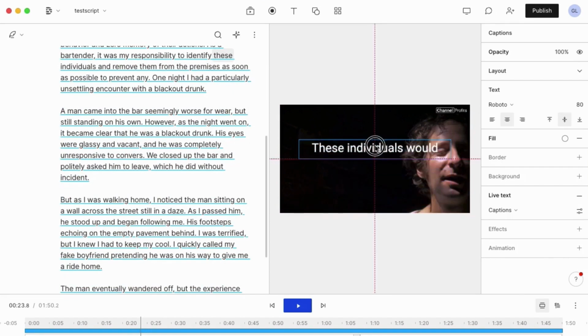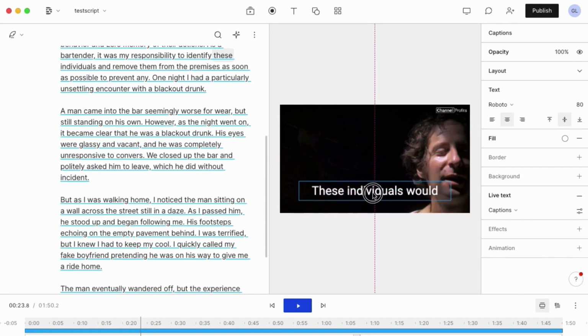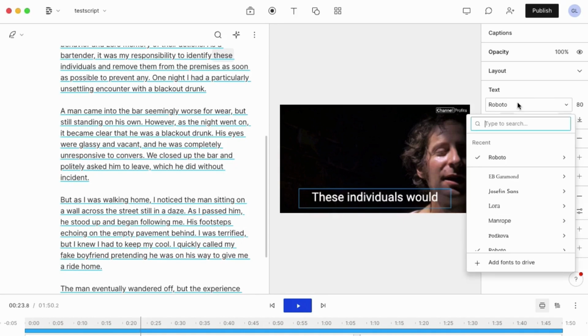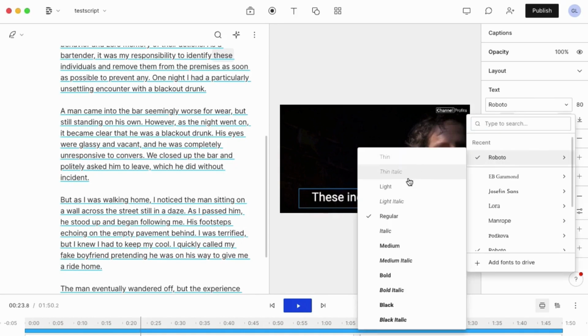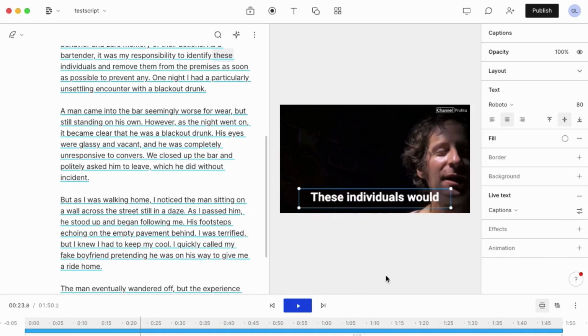Now I can move these anywhere on the video I like. I can make them bigger, but I like to just have them at the bottom here. And then I like to come in and you can change the text. I'm going to keep this one, and I'm going to go straight down to bold. And then I'm going to go and I can change the color of the fill. I'm going to leave it as white because I think it's probably the best one. You could add a border if you liked. So if I wanted to add a border to it to give it more definition,